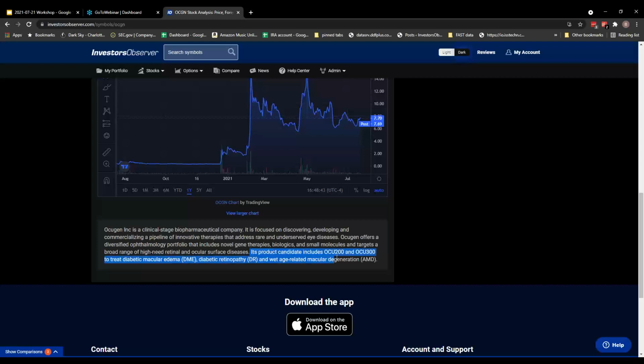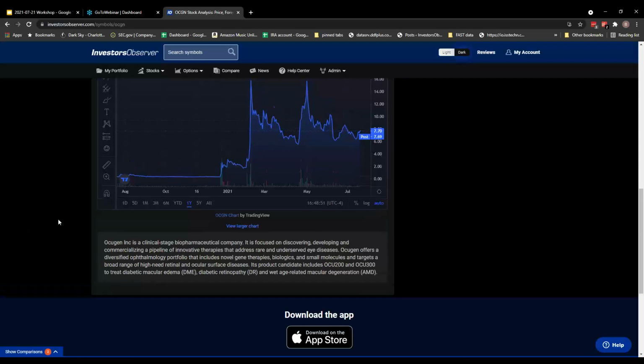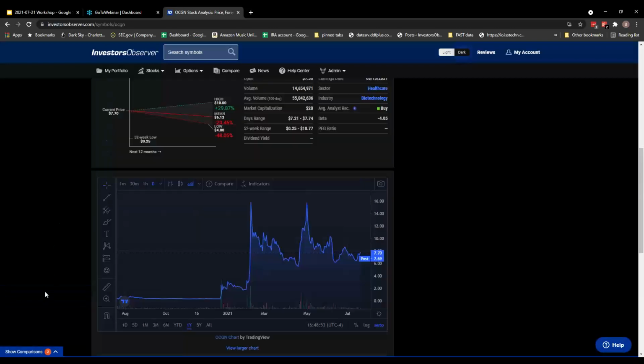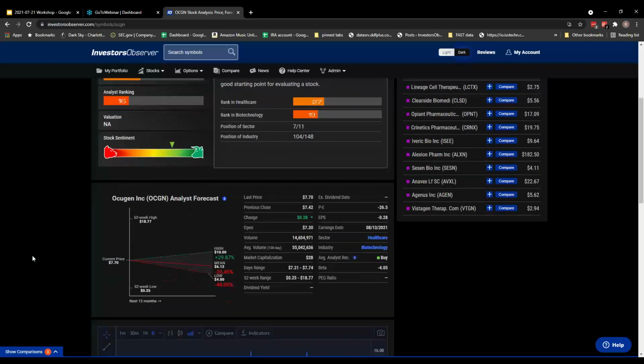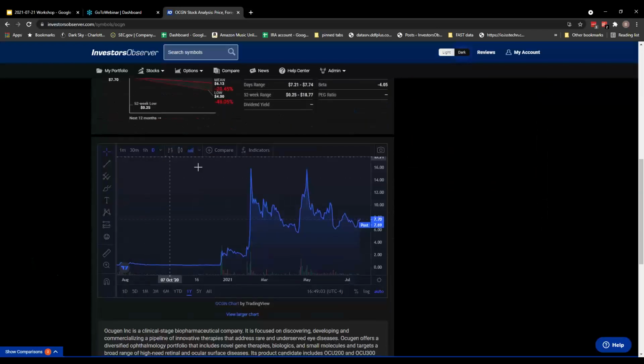Product candidate includes these things. There's nothing here that suggests they have a current product. So again, they're just doing science to try to find a product, which will then have to be brought to market, etc. So these sorts of things are very high risk, high reward,